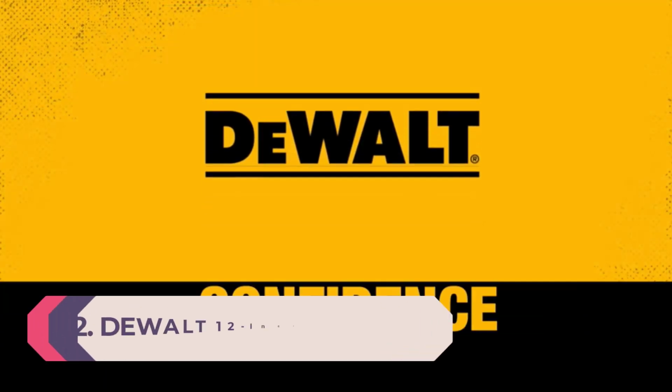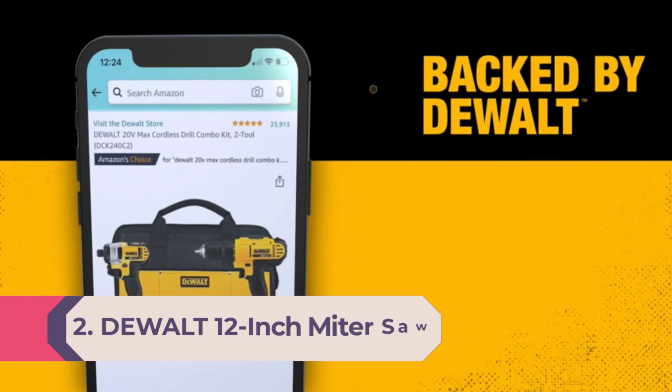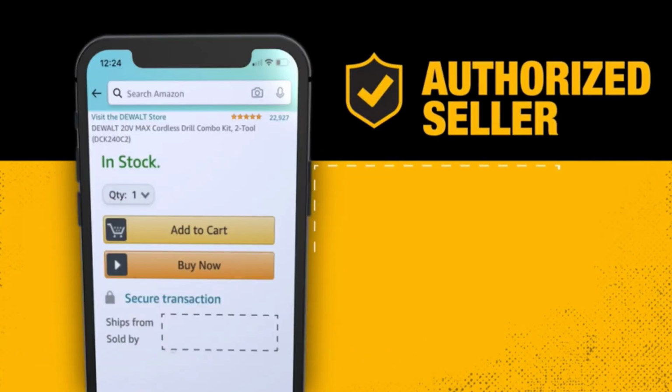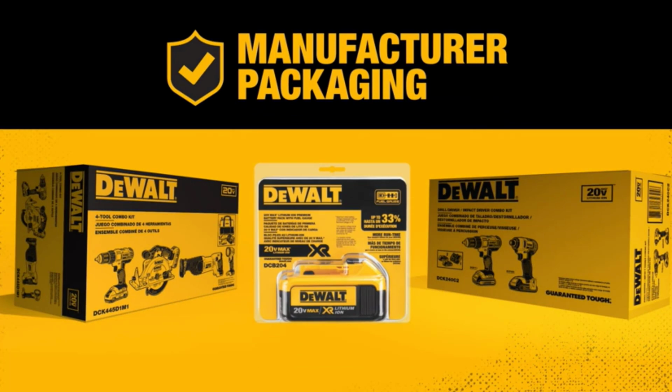Number 2. DeWalt 12-inch Miter Saw. To begin with, the saw has a very sturdy miter detent plate that ensures accurate performance. It betters productivity with its stainless steel surface and the 14 positive stops on it. Adding to it is a base fence support system that will keep the fence at a perpendicular angle, and it